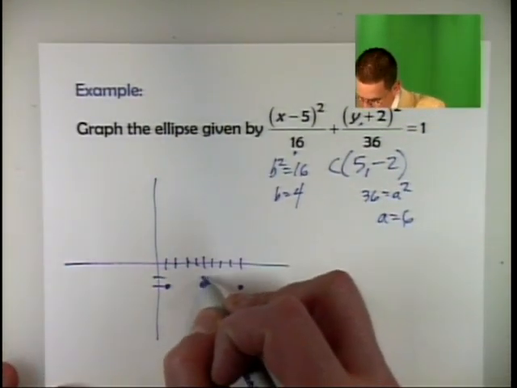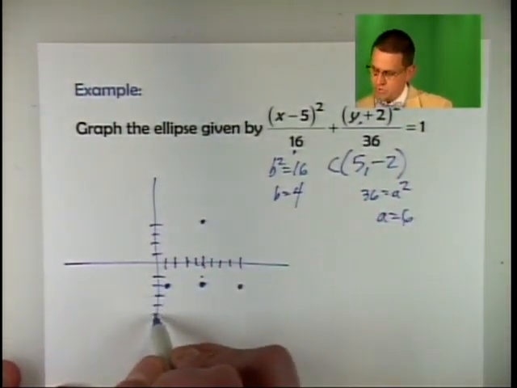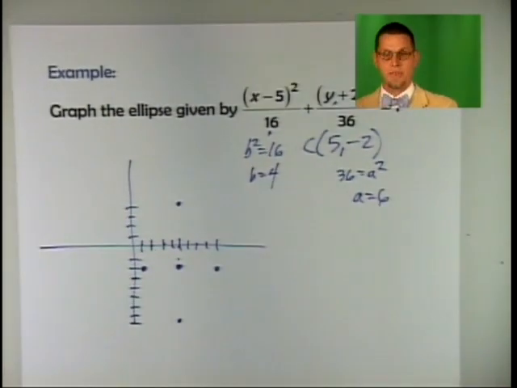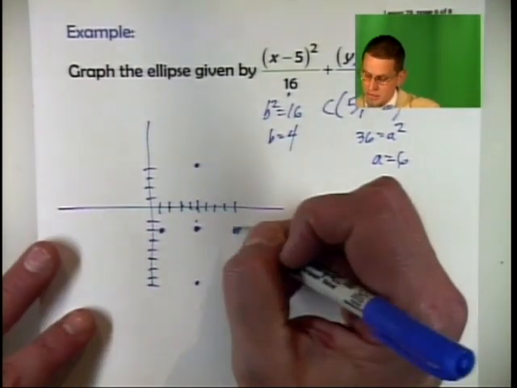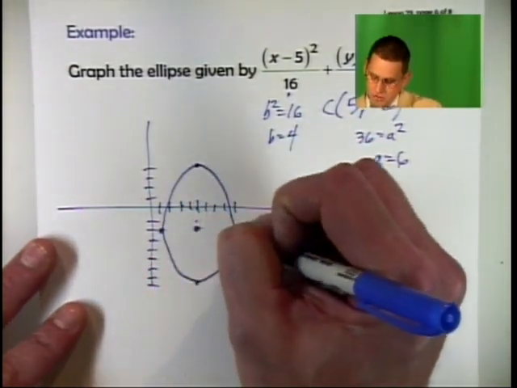So up 6 would be 1, 2, 3, 4, 5, 6, puts me here, and down 1, 2, 3, 4, 5, 6. There's your 4 points. Now you connect them very carefully with curved lines, and again, you'll get good after you do several of these,